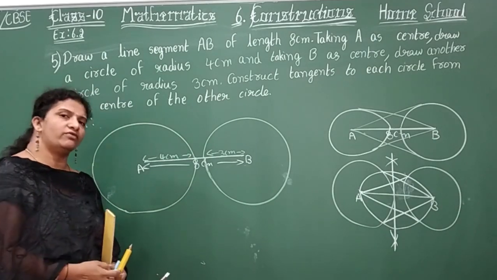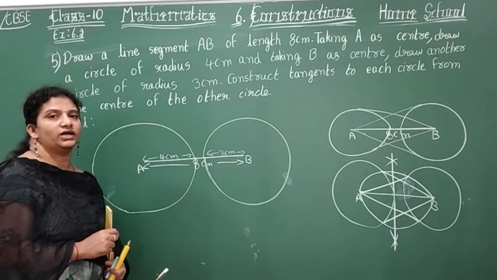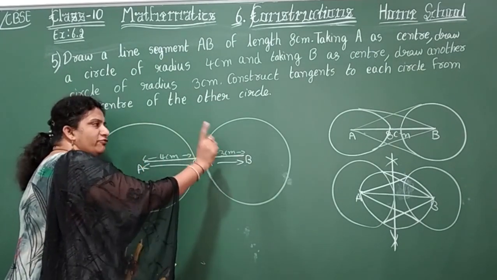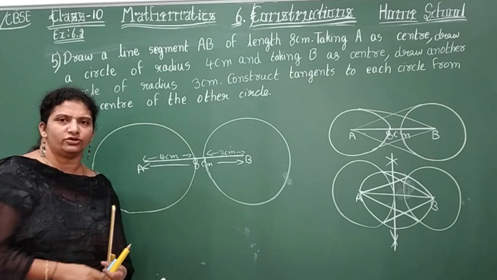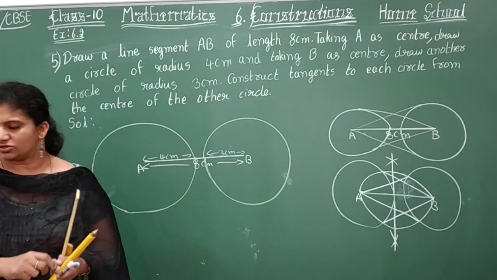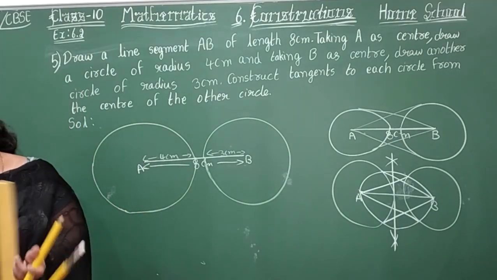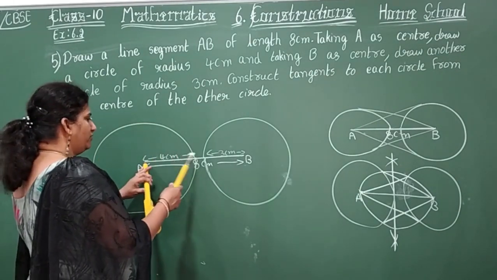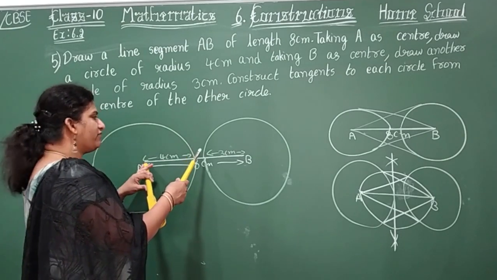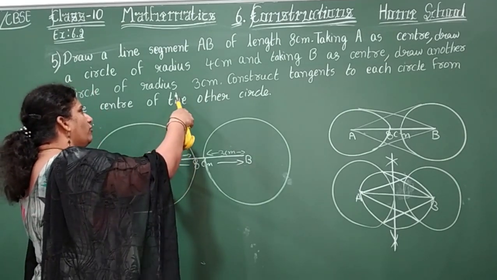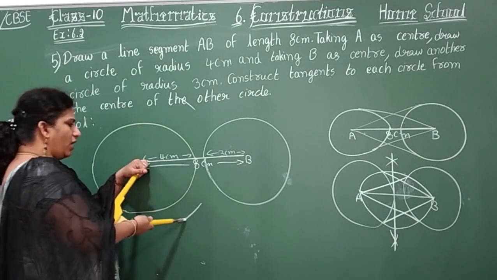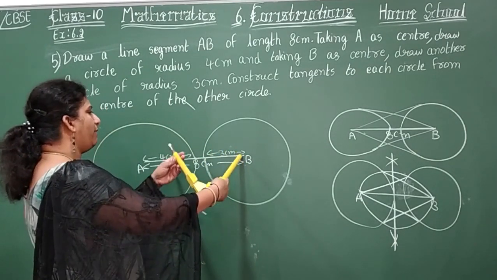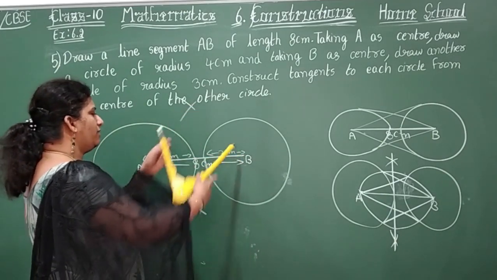Now next thing what we need to do? We need to do the tangents for this circle from point B, and for this circle from point A you need to do the tangents. So now what you are going to do here children? Carefully observe here. More than half. This bisector will be the same for both, children. Okay, more than half. Above, below. And then the same measurement above and below.